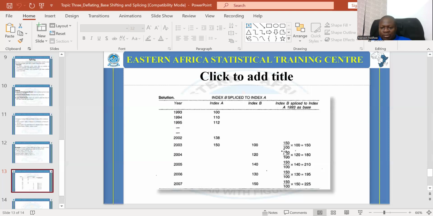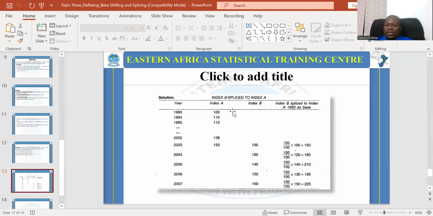This ratio will be a constant. It will be multiplied by 100, and you get the first value. But when you come to 120, you take the same factor, 150 divided by 100, and multiply by 120. And this, 150 up to 225, can continue from 2004. That's like you'll be having 180, and in 2007 you'll have